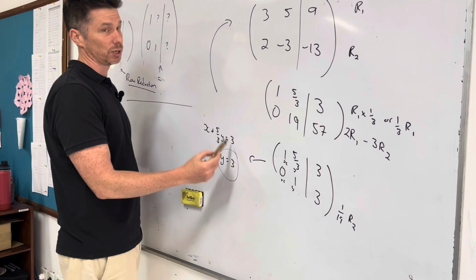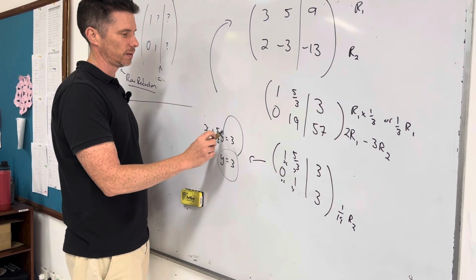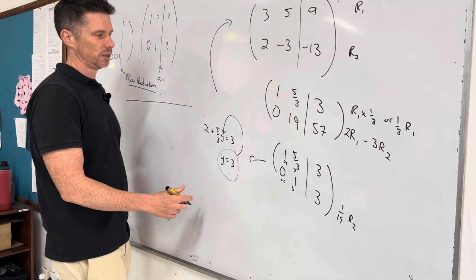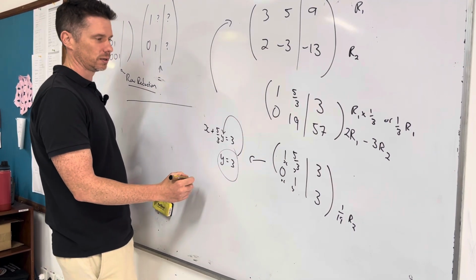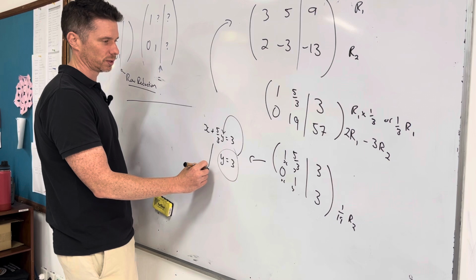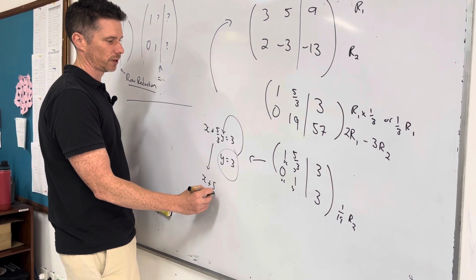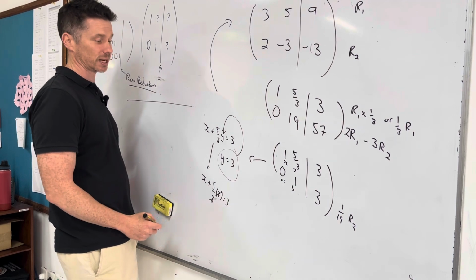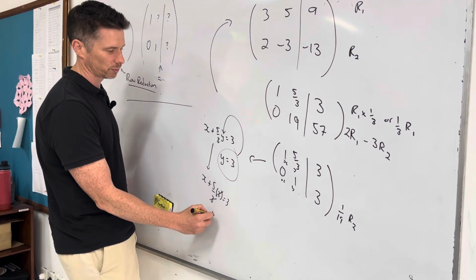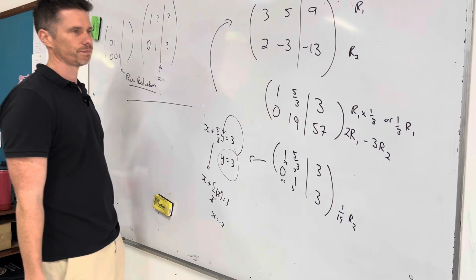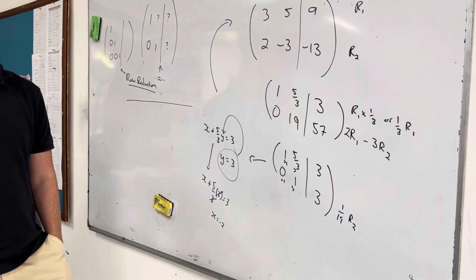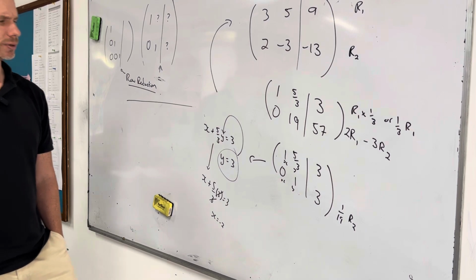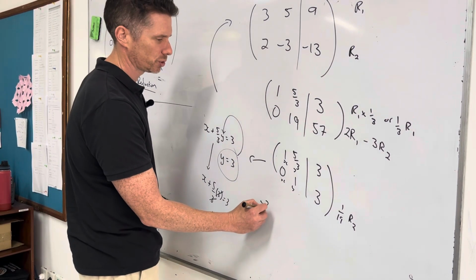So if y is equal to 3, I can pop that in for that y. When I sub that in, I'll just do it down here: x plus 5 over 3 times 3 is equal to 3. That's a lot of 3's, but these 3's cancel. Subtract the 5 over, we get x is equal to negative 2. Okay, so I get an answer. I get minus 2 and